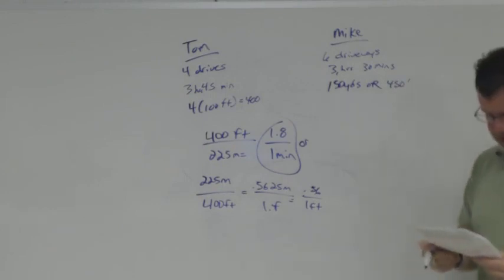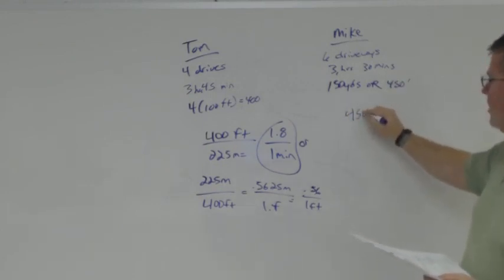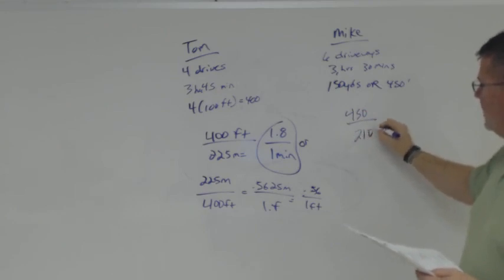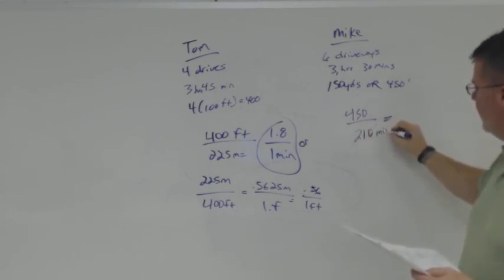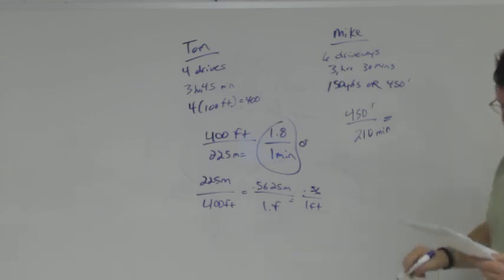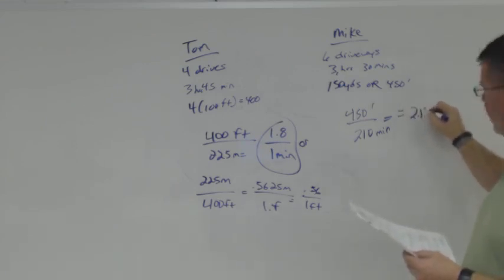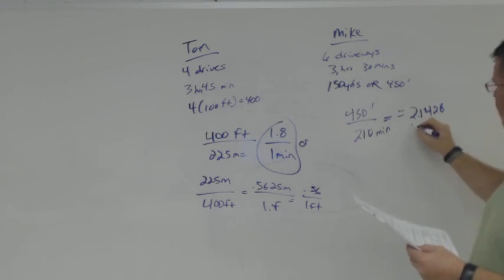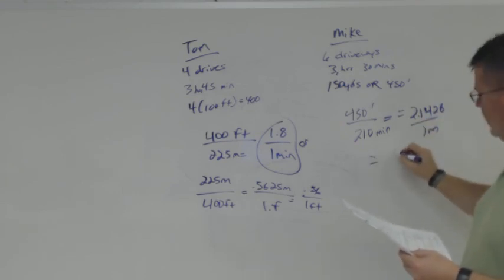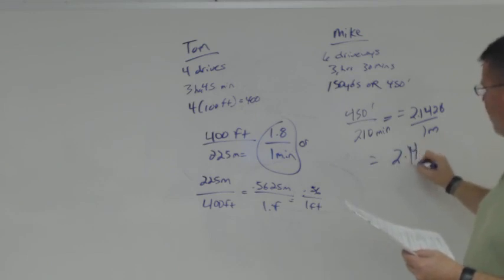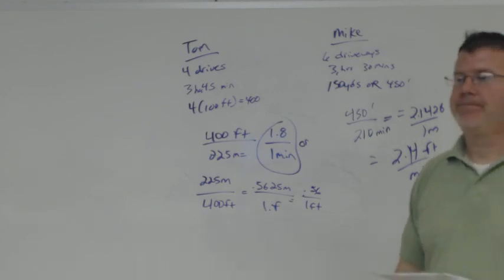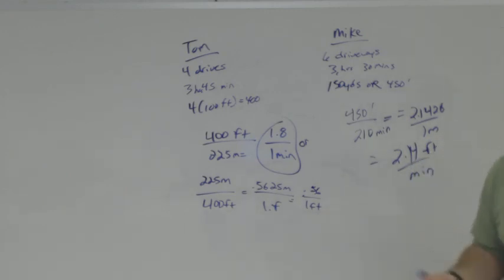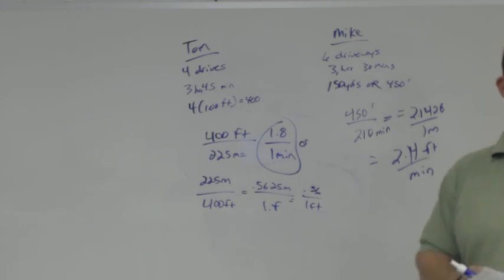And then Mike did 450 feet over 210 minutes, which equals 2.1428 over 1 minute, or rounded to 2.14 feet per minute. Easy enough? So I'd hire Mike. I would fire Tom. I did mine really differently, but I did it off how long each driveway was, and